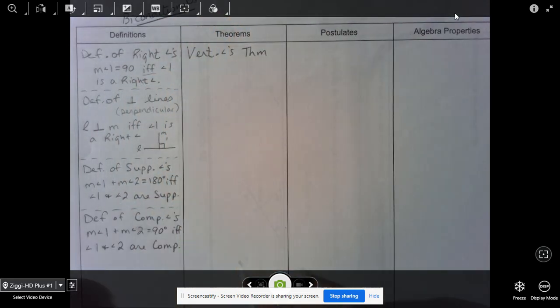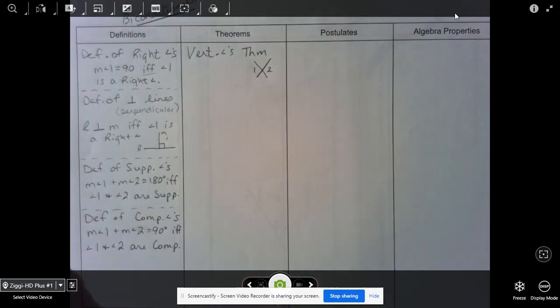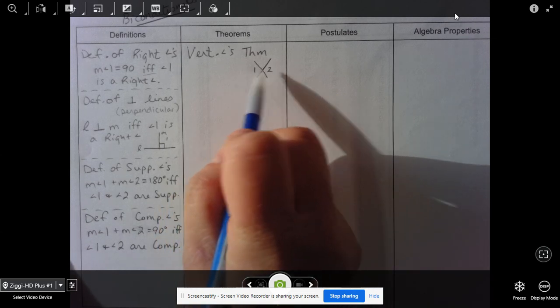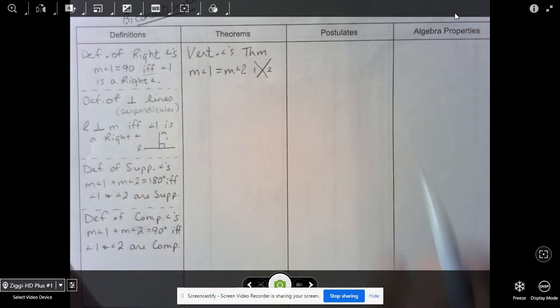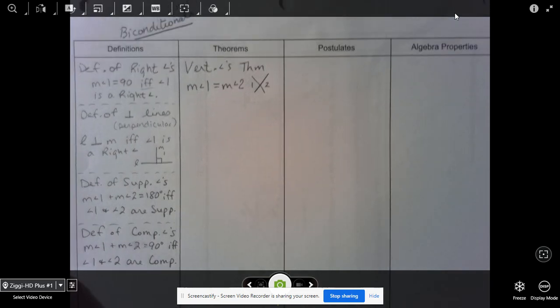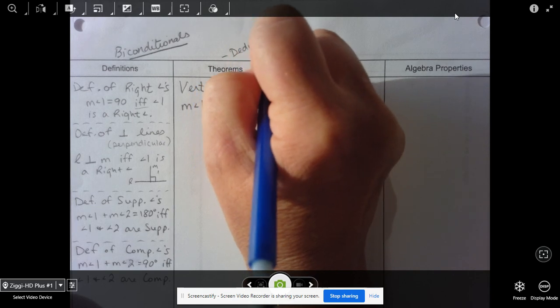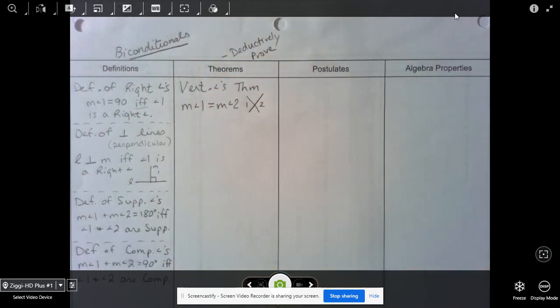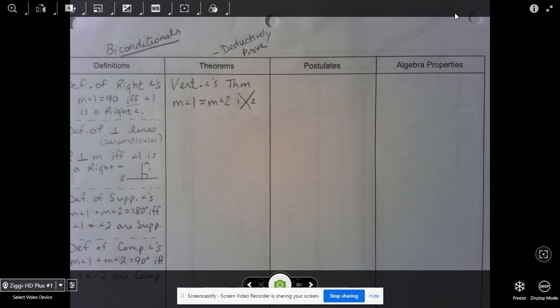And the vertical angles theorem is used when you have a diagram made up of vertical angles. And you would have seen this from yesterday's lesson, and we discovered something that happens to be true for these. What's true about these is that the measure of angle 1 equals the measure of angle 2. Now, what makes a theorem? This means that you can deductively prove these. And so we're going to go through the proof in another video here. But for this sake, understand that the vertical angles theorem is a theorem because we can prove it